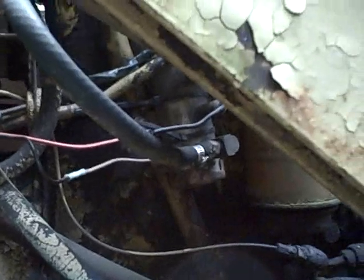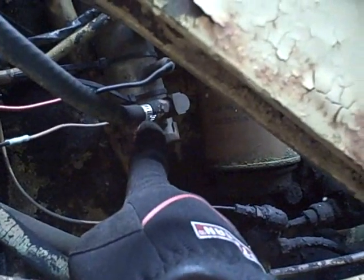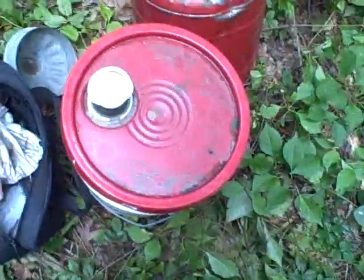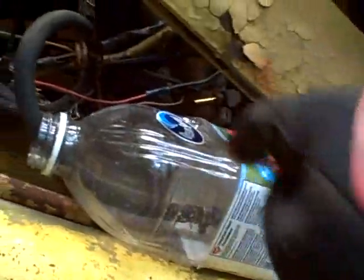Well, all right. So what I'm going to do to make the fuel flow is disconnect this lower line here, so it's actually a nice long hose. I can pull it down to my bucket. I could just drain it all directly into my big pail here, but what's the fun of that? I mean, don't we want to see what kind of nasties are in there? So I've got the line disconnected there, and now I'm going to turn on that petcock at the bottom of